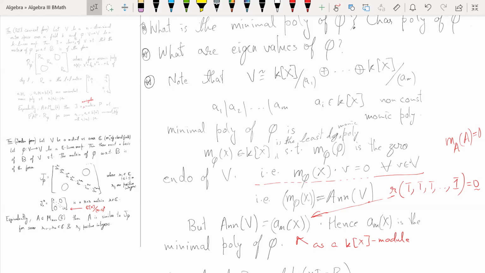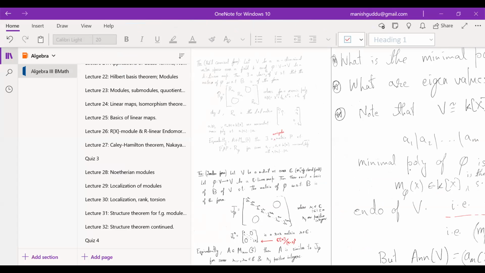I mean, the coefficients of the polynomial are all hidden here. Okay, makes sense, everyone? Any questions? Okay. Now,